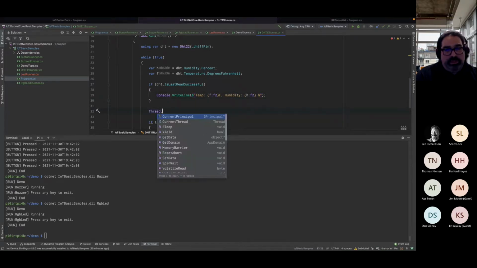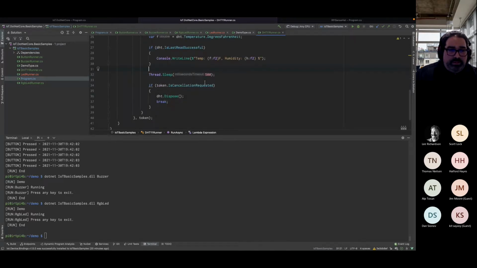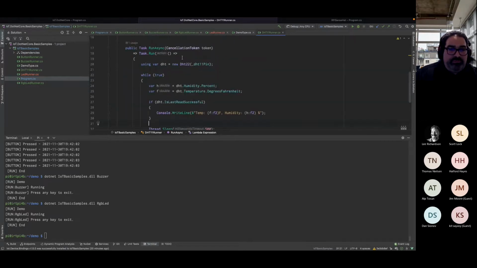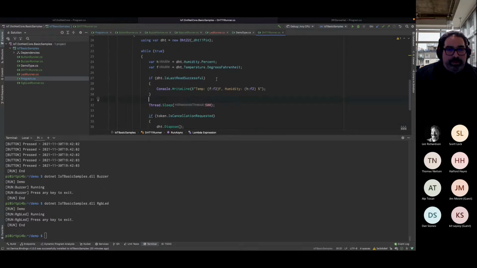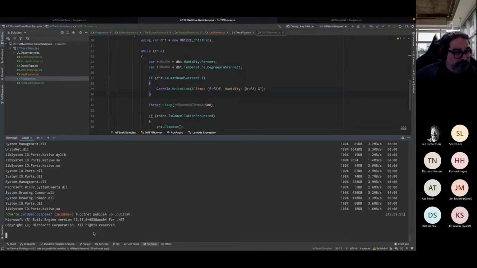You don't want to be hitting the DHT11 too quickly. So I'm just going to put a delay of 500 milliseconds. Now this just tests the DHT, but it's well worth running this first and taking a peek and then adding the LCD stuff. So I'm just going to go ahead to my local again, compile.